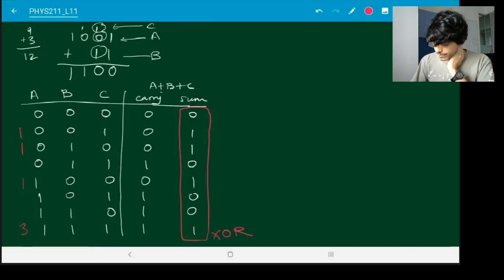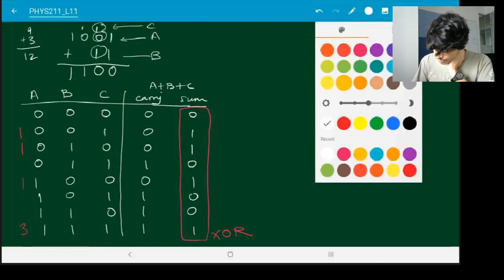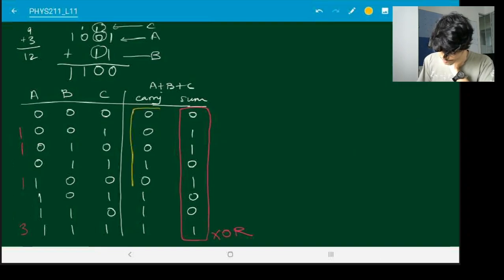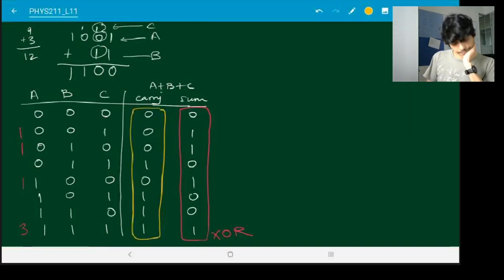What about the carry bit? What is happening over here? This is a little complicated. So why don't we use our old method that we discussed last time using Karnaugh's table. So let's construct Karnaugh's table for this carry bit.